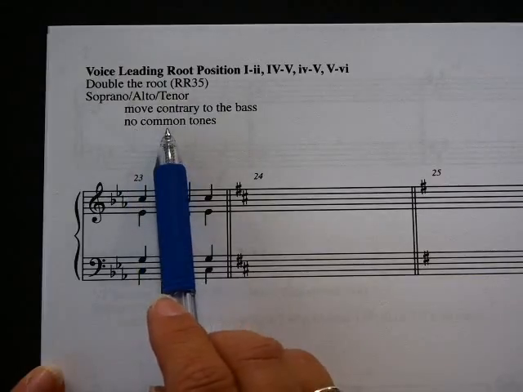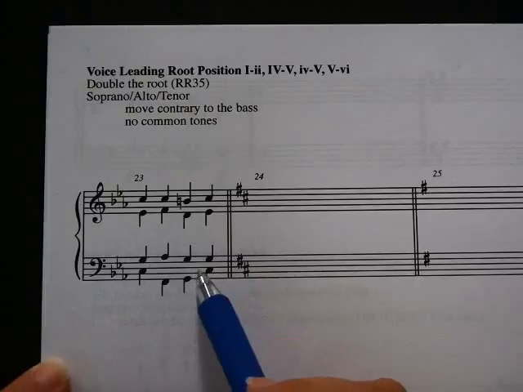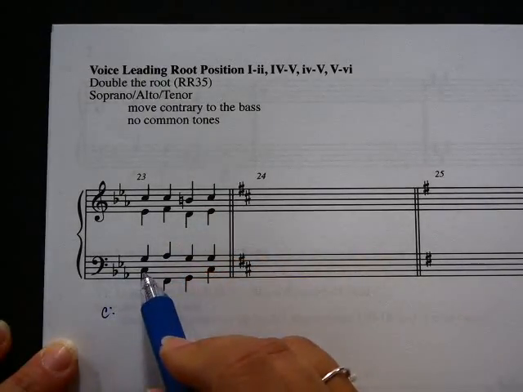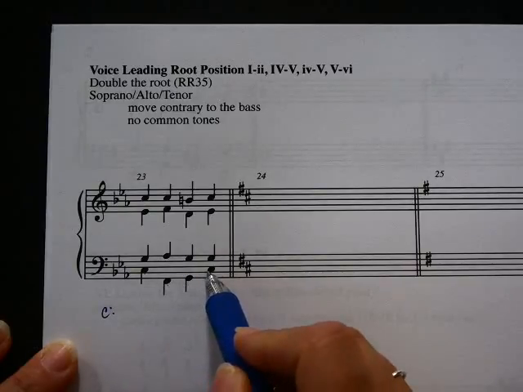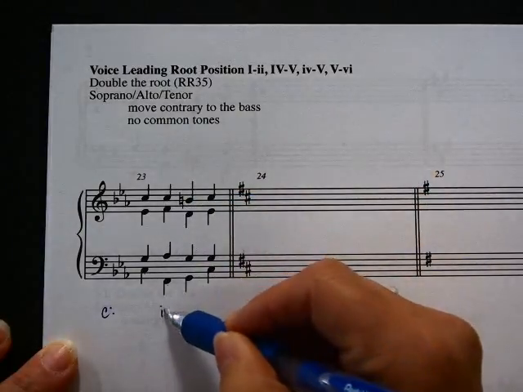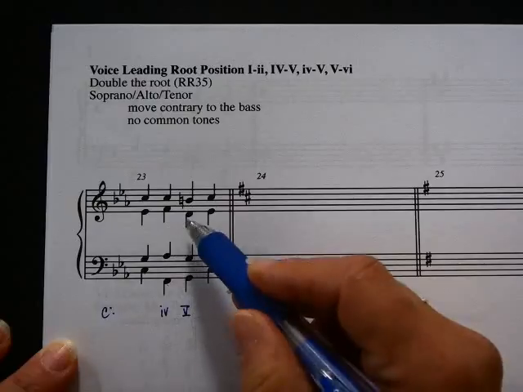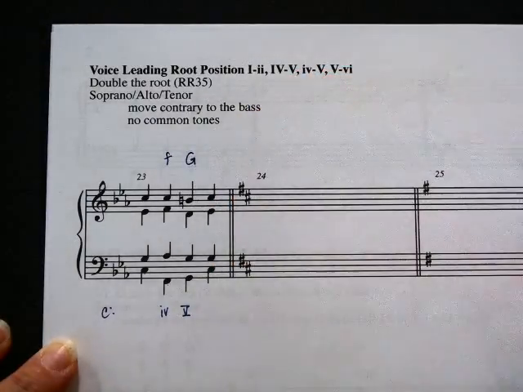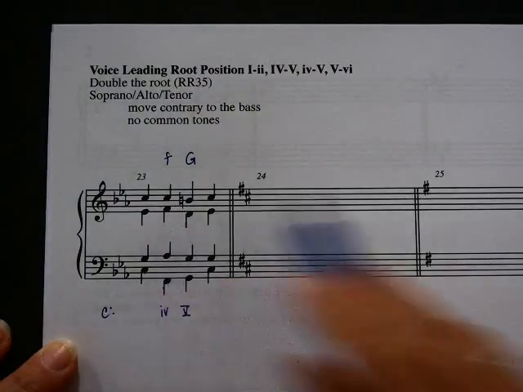So in this first instance, we're in C minor, C moving to a 1, 4, 5, 1. No, it's the minor 4 moving to a 5. There are no common tones between F, A flat, C, and G, B natural, D. The bass is ascending, all the other voices are ascending. So be very careful